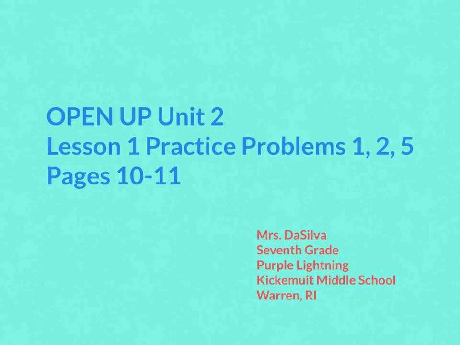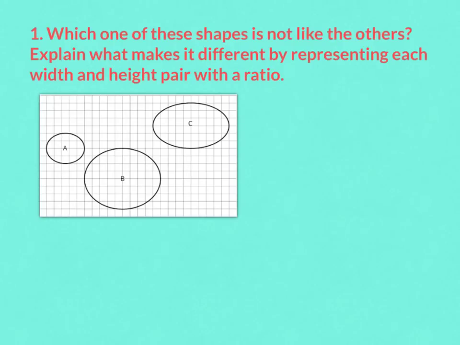So today I'm going to go over the Unit 2 Lesson 1 practice problems that were assigned. The first one, number 1, is that we're looking at these three shapes to decide which one does not look like or match, meaning it's different, the others. And it even gives us the hint to compare the width and height. So what we want to do is set up a ratio